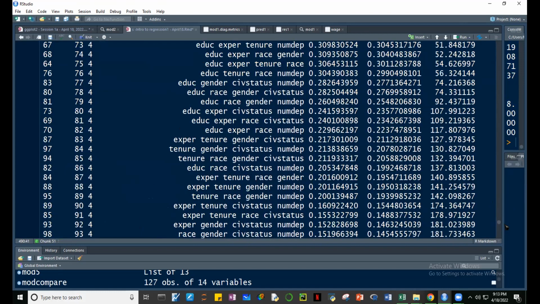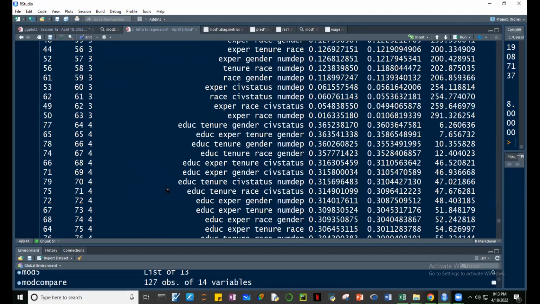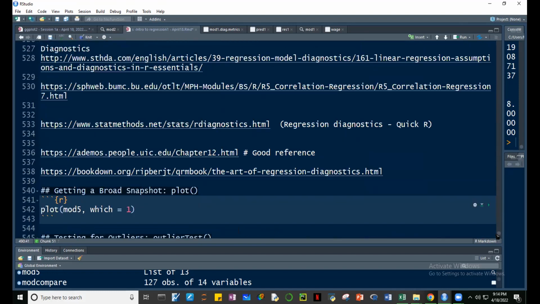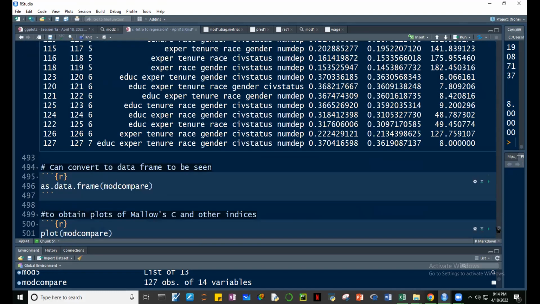Okay? So sa 4 guys, andito yung best model natin based on p-value, di ba? Education, tenure, gender, ito ba? And civil status. And it has the lowest Mallows, no? Ito yung adjusted R squared na, 36. Okay, makikita natin dito guys, ito yung best combination. Alright, so lahat yan guys, naka-plot dito yan